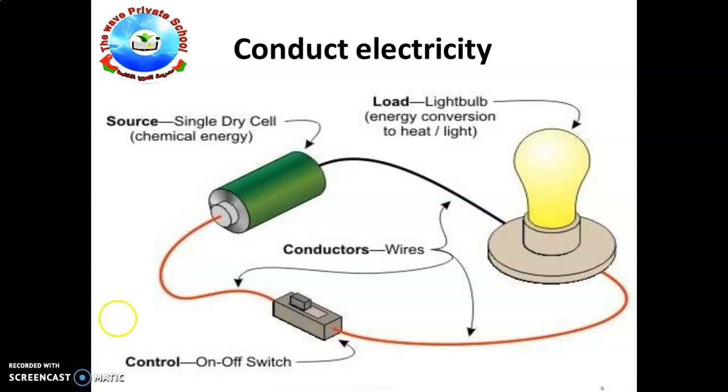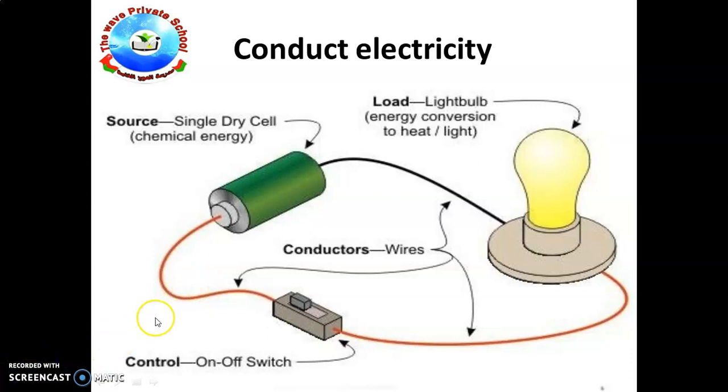One thing we have to check is whether the material we have been given conducts electricity or not. If the material is conducting electricity, it means we can identify that the material is a metal, because the properties of metals are that they conduct electricity, conduct heat energy well, and are ductile and malleable. This we have all learned. So let us see conduct electricity.